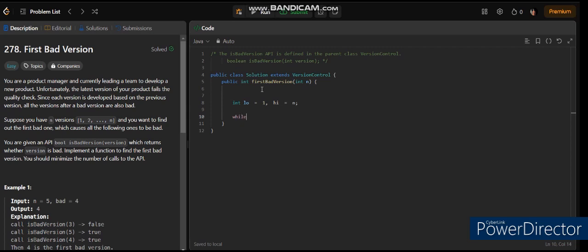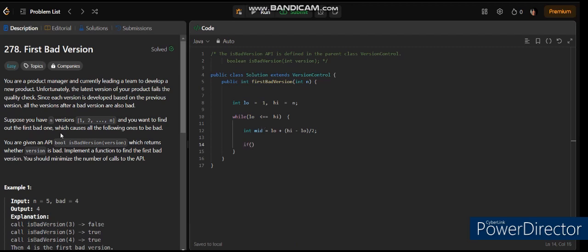Then we can run a loop while low is less than or equal to high, and the mid we will have as low plus (high minus low) by 2. Then we are going to check if